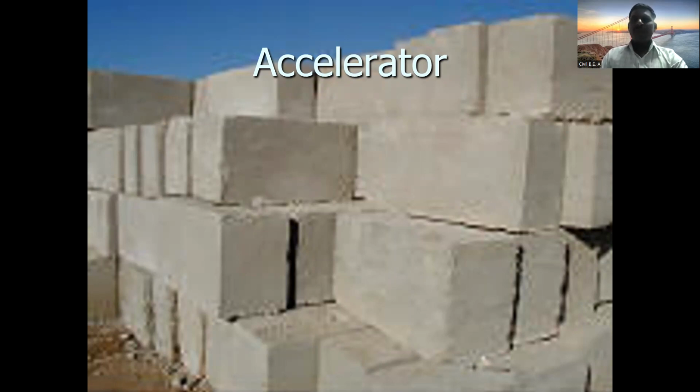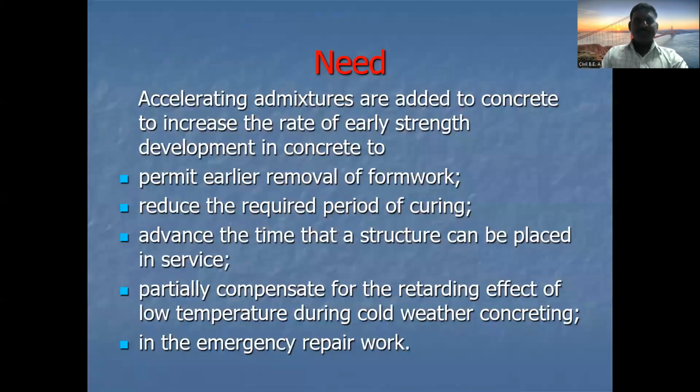So the next type of admixture which we are using in the concrete is the accelerator. For what purpose we are using the accelerator, what is the need for the use of the accelerator, and what is the mechanism behind adding the accelerator into the concrete, that we will see. So the need of adding the admixture into the concrete is